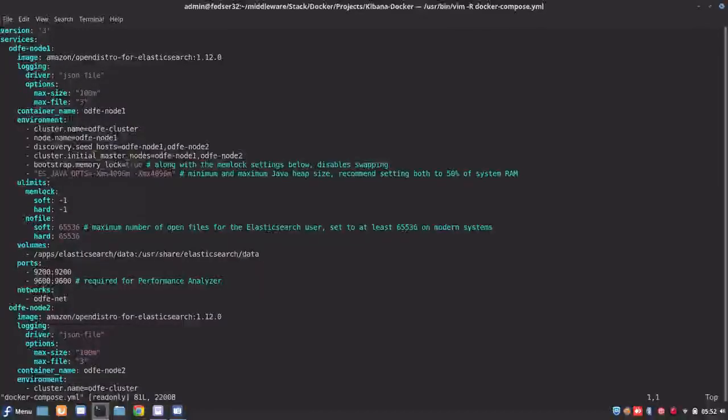I'll give you a quick overview of what this file contains. This file will be installing three services. One service is ODFE node 1, which will install the first node of the cluster. The second is ODFE node 2, the second node of the Elasticsearch cluster, and the third one is Kibana.